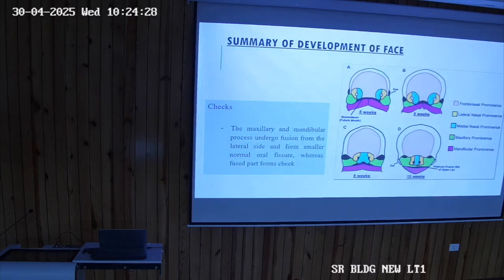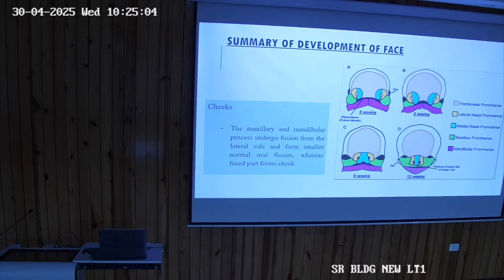So now can you differentiate all these things in the 5th week? This basically completes our development of the face. Okay, so can anyone now please identify all the processes? The central process here is the frontonasal. Now these two openings are the nasal pits. Then you have the borders: medially the blue color, medial nasal process, the yellow one, lateral nasal process, and the green one and the pink one.